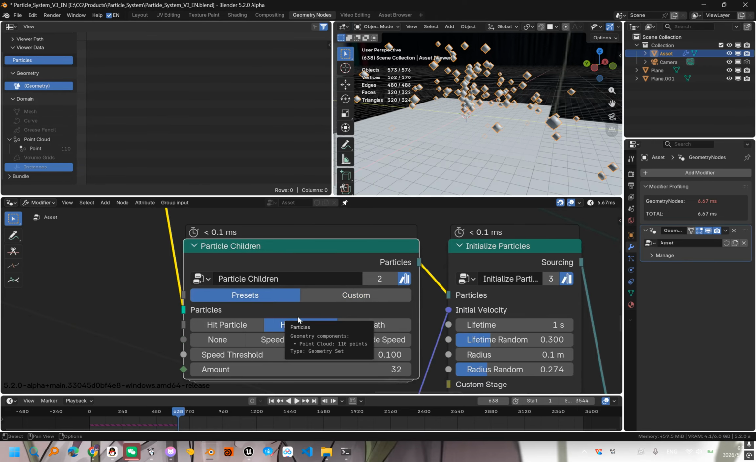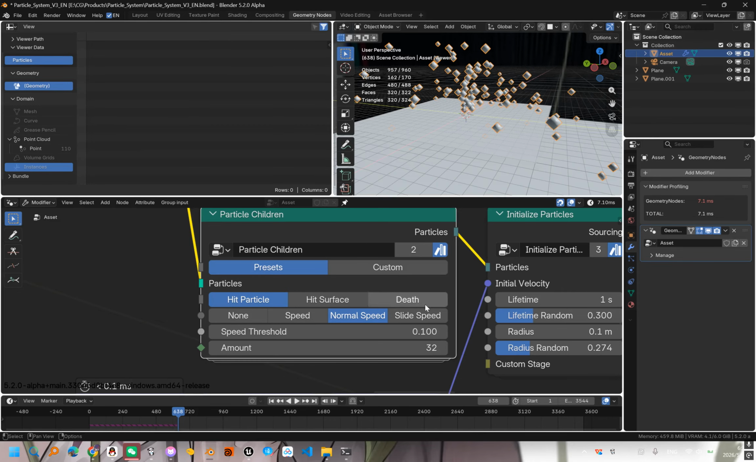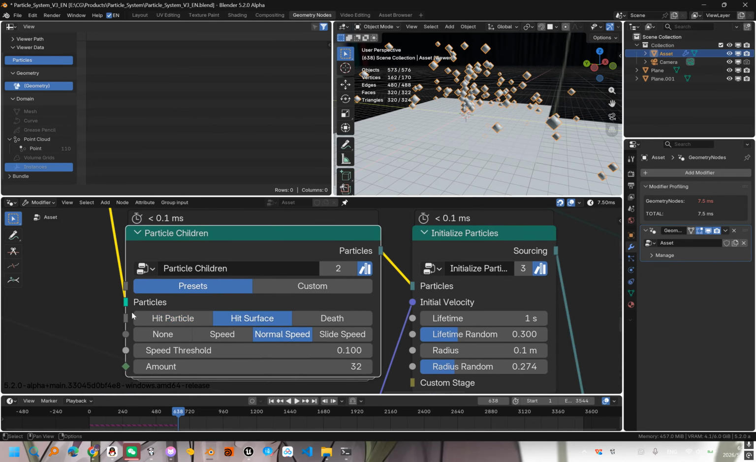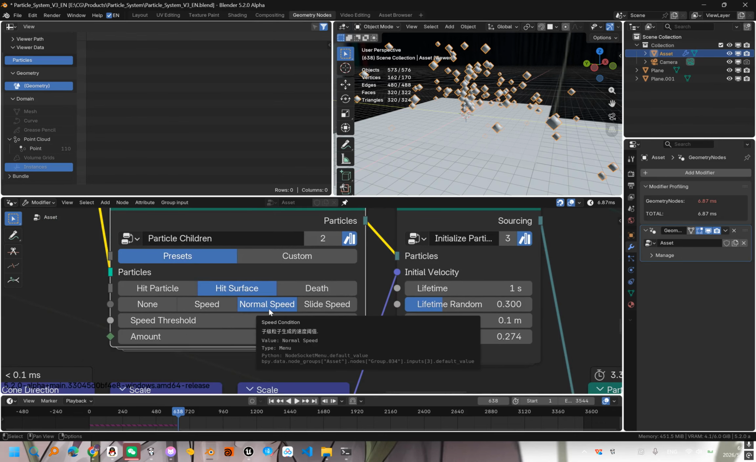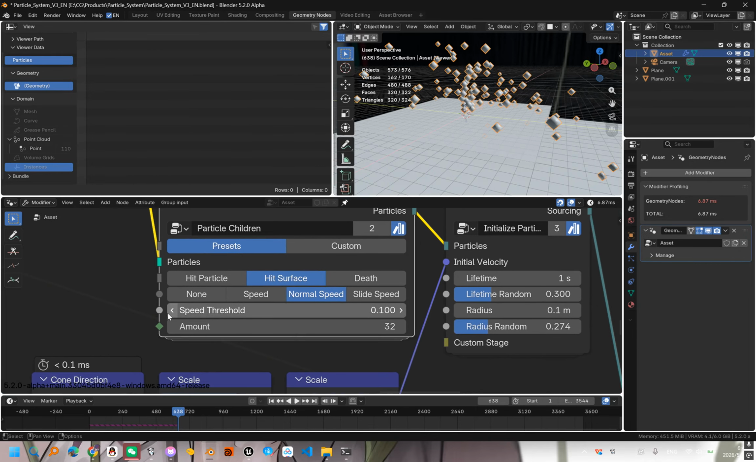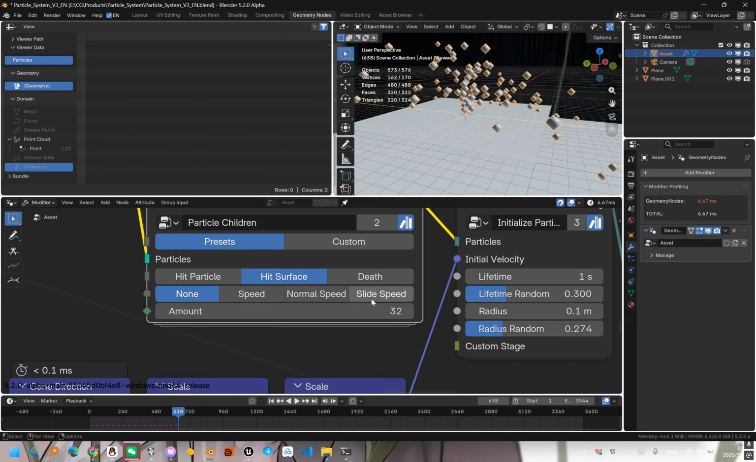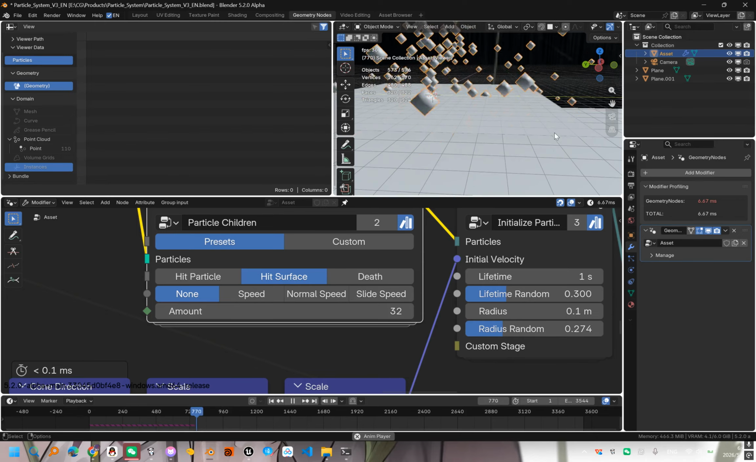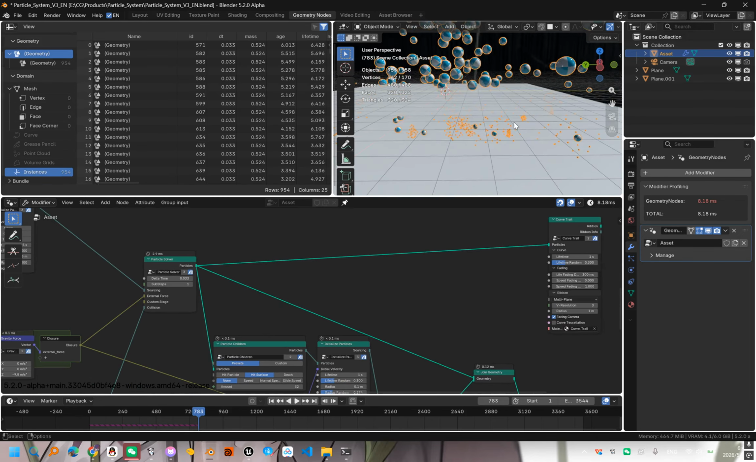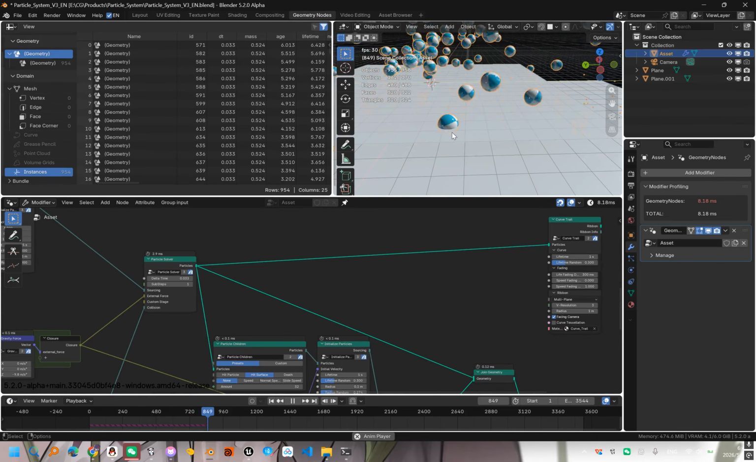Or this preset. For this preset, we have a hit particle. If this particle hits, then it will trigger this generation. Otherwise, if you are using hit the surface, or if that particle is less, then we have some threshold limitation here. If you have no limitation here, then once this collides, it will always generate. But if the particle is somehow stopping here,